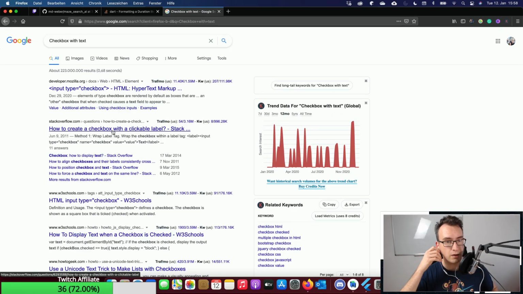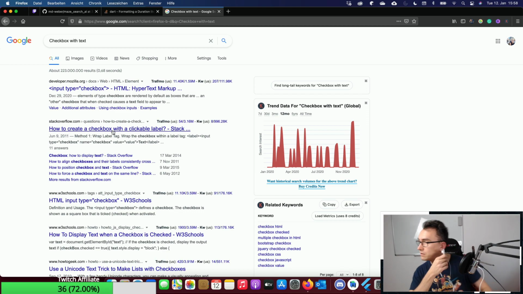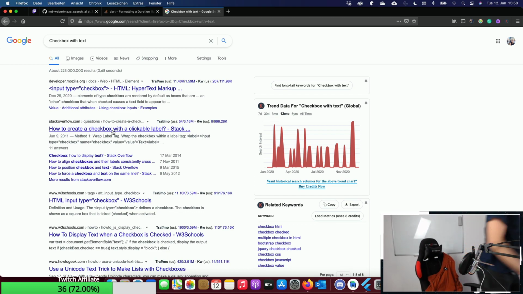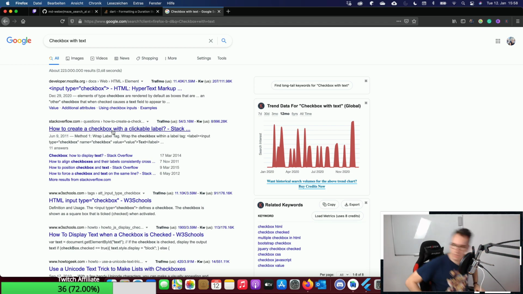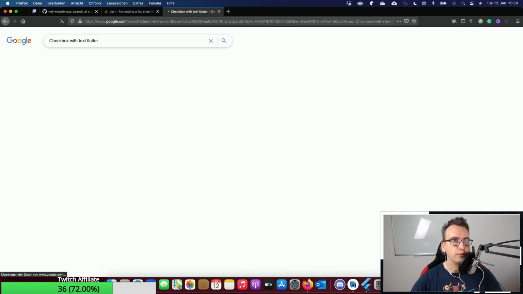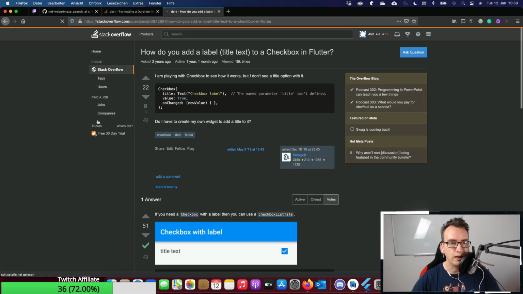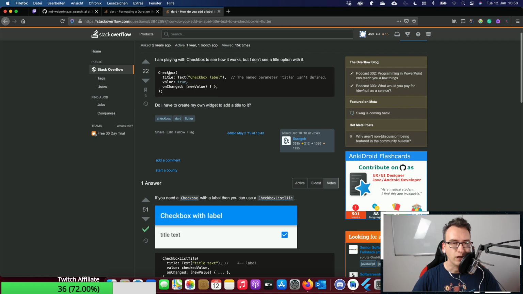I quickly close the window again. So in Flutter, let's see, how do you add a label? Checkbox title.